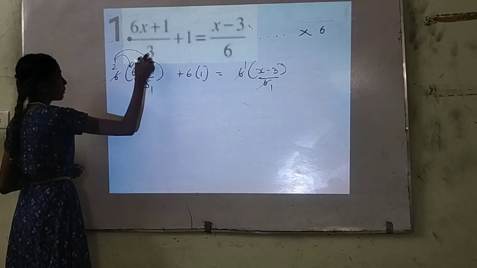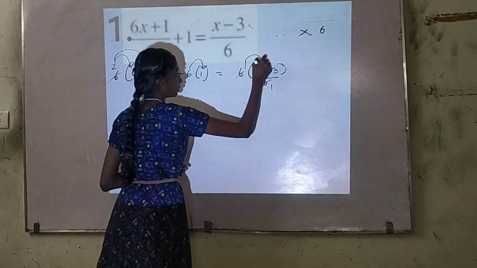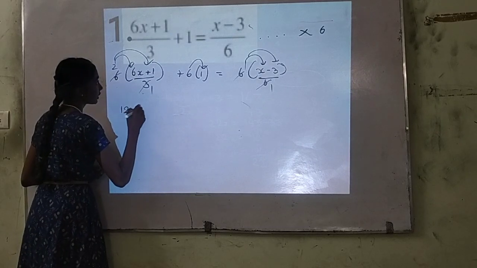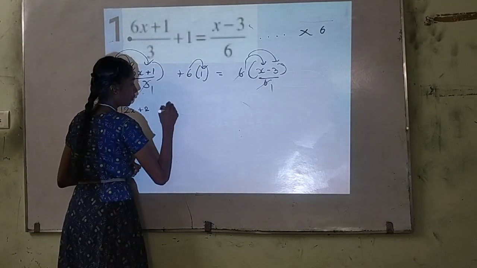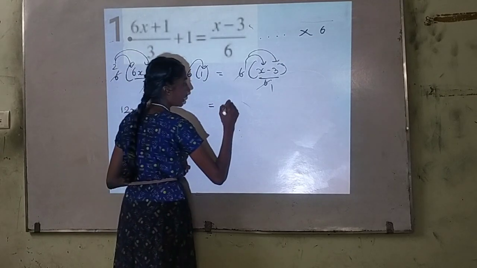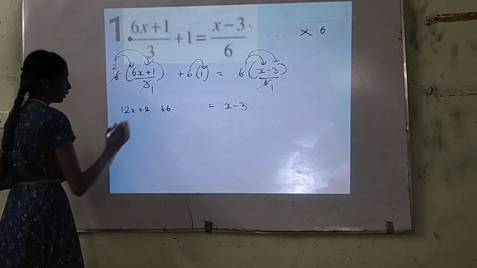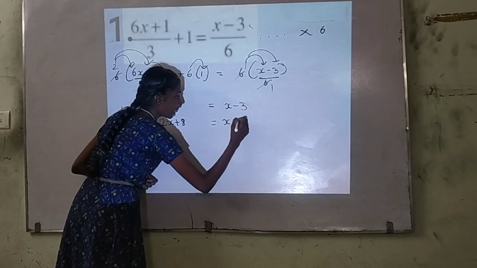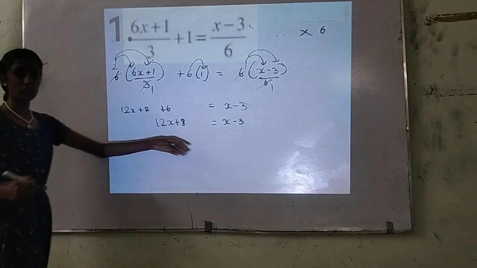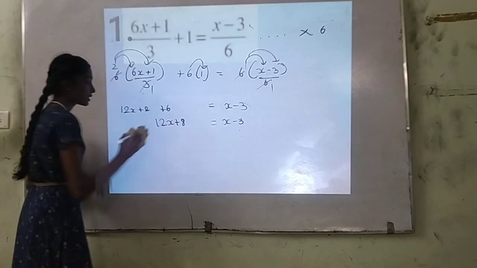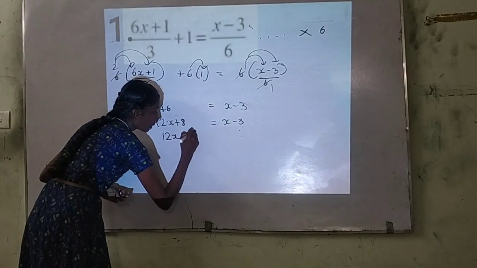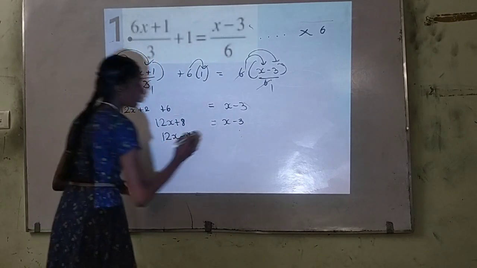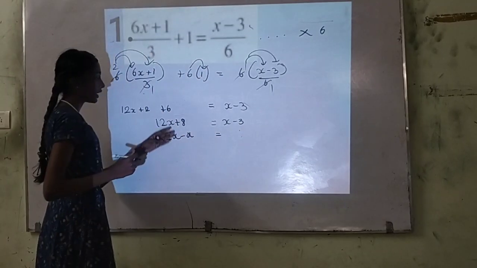Now let me multiply it. So I will get 12x plus 2 plus 6 gives you x minus 3. This gives me 12x plus 8 gives x minus 3. Now let me take all the constants one side and all the variables on the other side. So 12x minus x. As the x is in addition, it goes to the other side, it becomes subtraction. Here plus 8. When it goes other